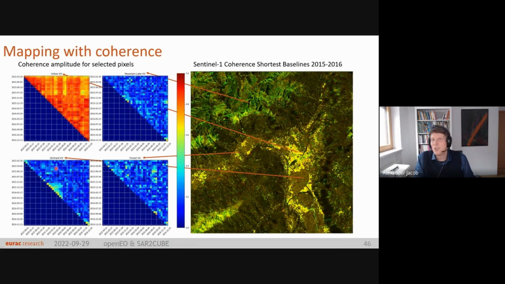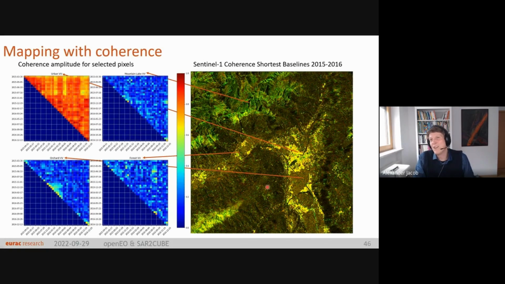And the orchard, which are also trees in the end, right? But these are managed trees which are cut back in specific periods, for example, over winter time. That means over winter time, you get actually quite a stable signal from a managed forest, because here all the trees are cut back, and you have the bounces of the illumination from the SAR signal coming always in the same way, because they're just reflecting off the stem. So you get quite high coherence during this,